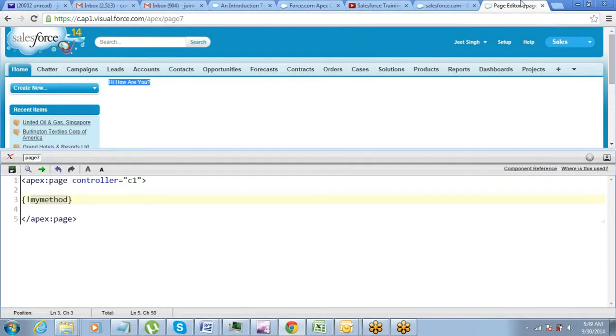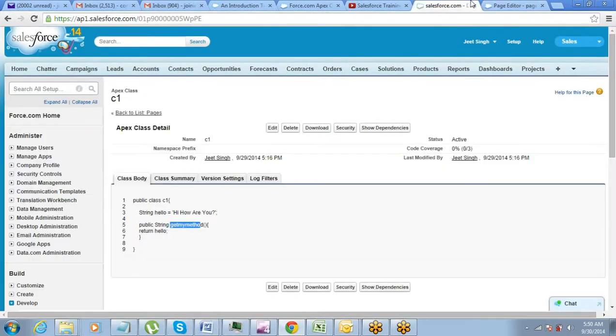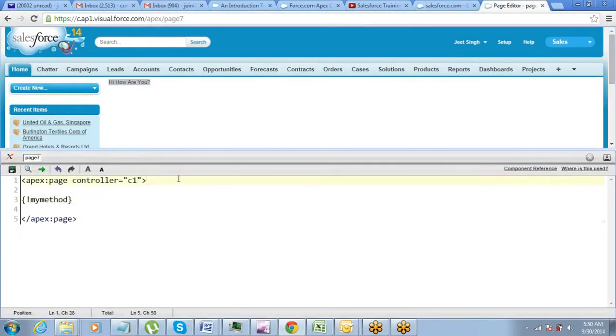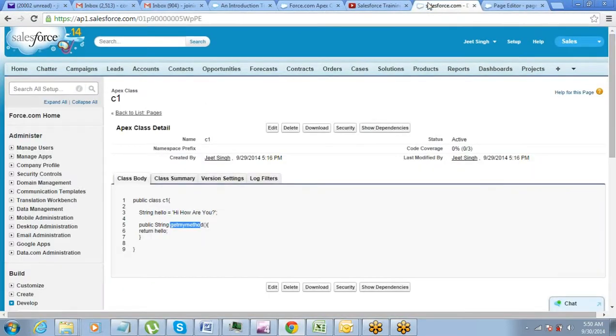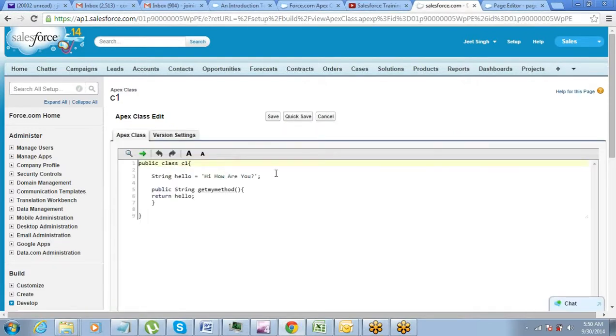All right. So this is a simple example. Here, what we have done, we have used a primitive. This is a primitive data type. Now let's go and work on our sObjects. Okay. So same class. Let me put an sObject. So sObject can be anything. Let's start with an account. Account a equals new. So it can be either a new account or it can be an existing account, right? So let's start with an example of a new account.